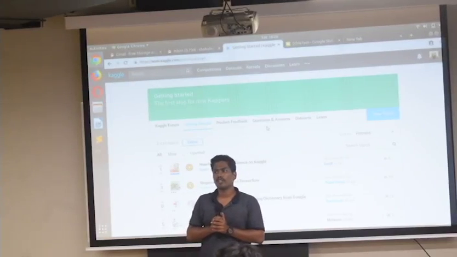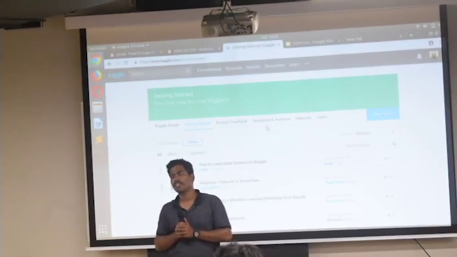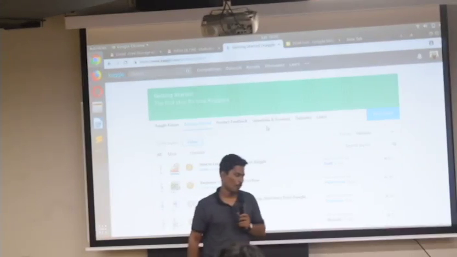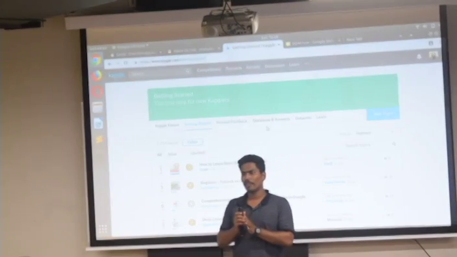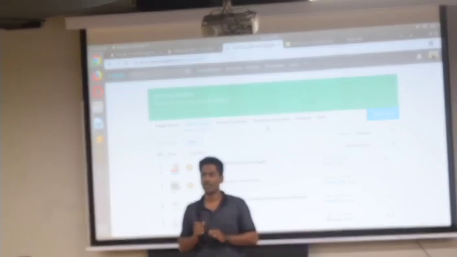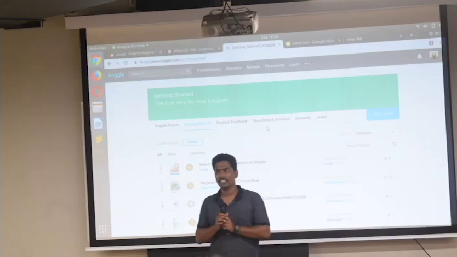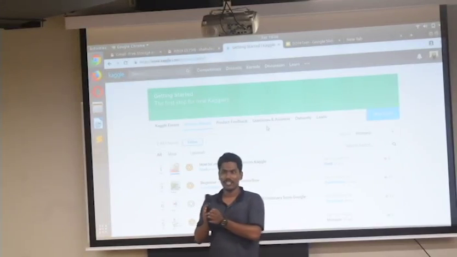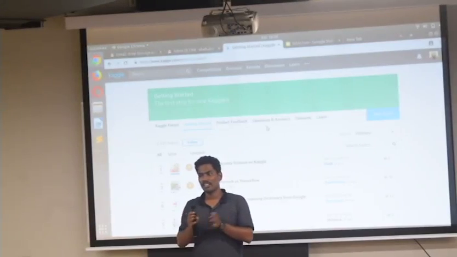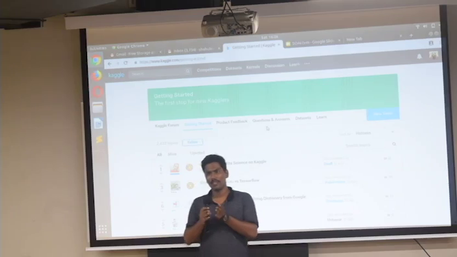When I review kernels for newbies, the main thing I see is that they don't document their code. In Kaggle, if you want to get upvotes, if you want to get better, you should document your kernel. That is something you should never forget, because data science is different from the open source coding you might have done.